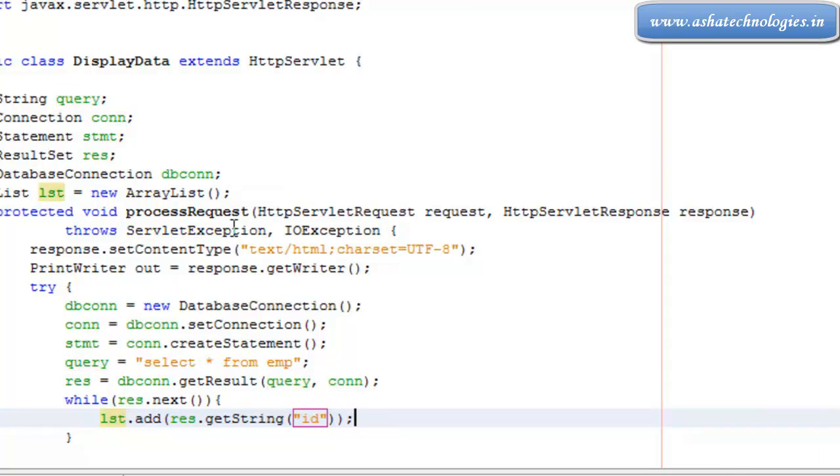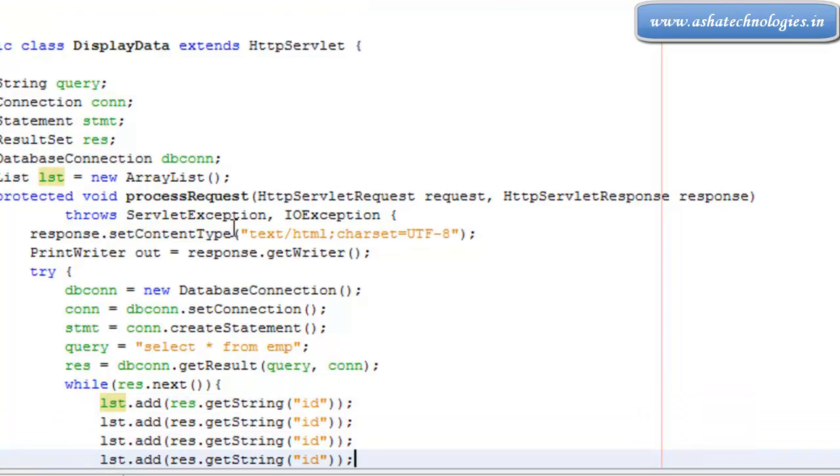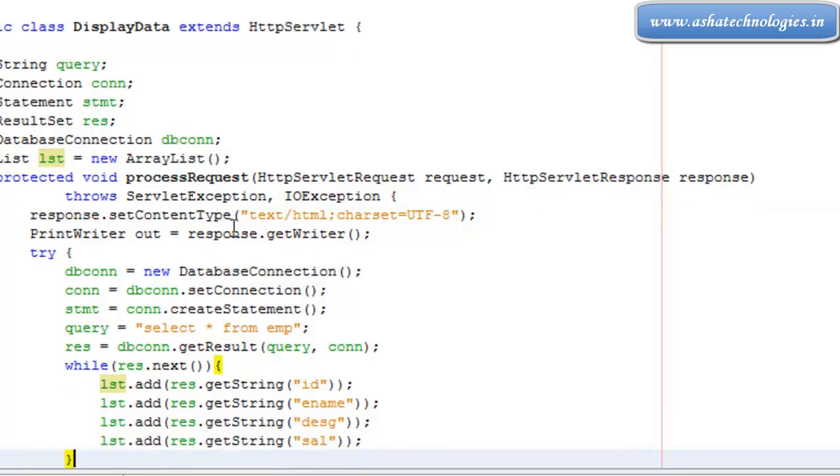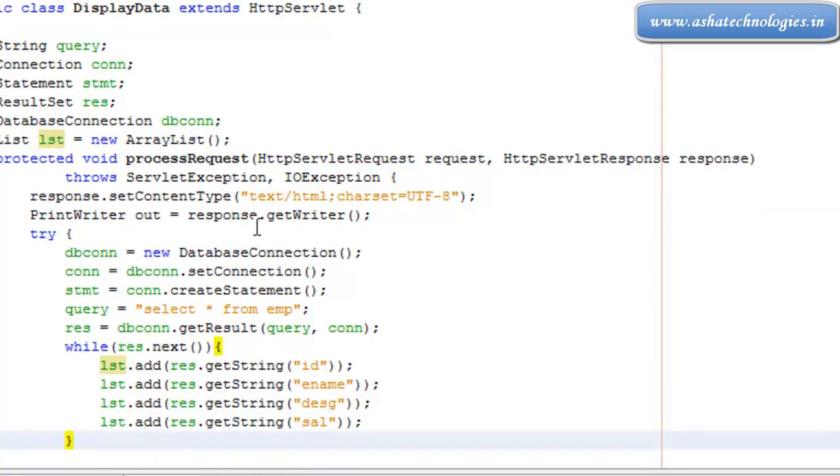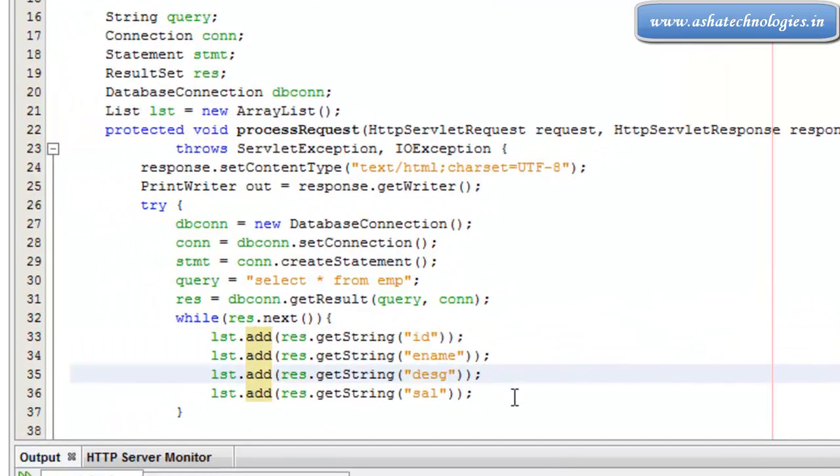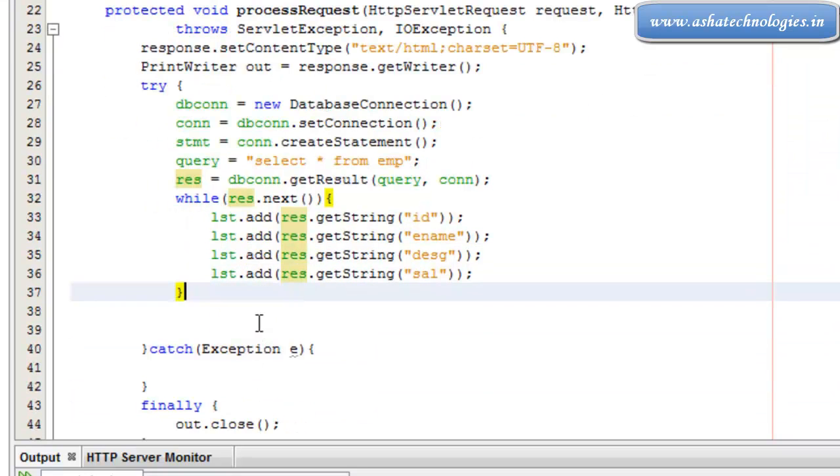So I can go with lst ID, ename, dsg and sal. I can add all the data to the lst object. Once it is added to the lst object, if the record is found, then that will be passed through